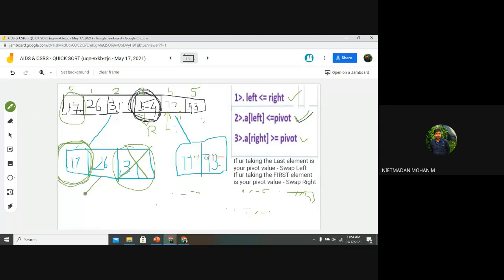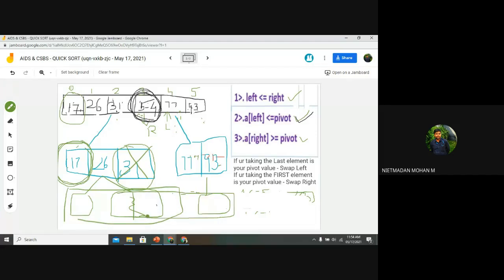Likewise, this will be split into three parts, that is 1, 2 and 3. So this will be split into 1 and 2, then into two parts, and the single element occurs. Once the single element has occurred, the program will terminate and the function will give the result for the recursive function. So that is the thing.